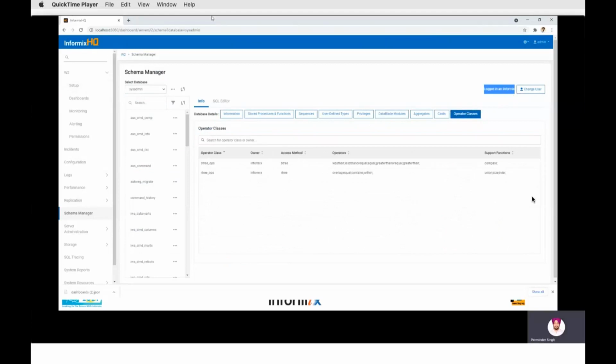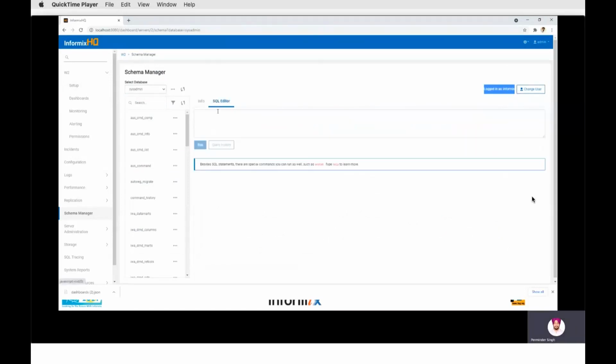One very useful feature of Schema Manager is the SQL editor. We can run any query from the SQL editor easily. To run a query, for example, I have to create a database. There are two options. First of all, I'll show you the